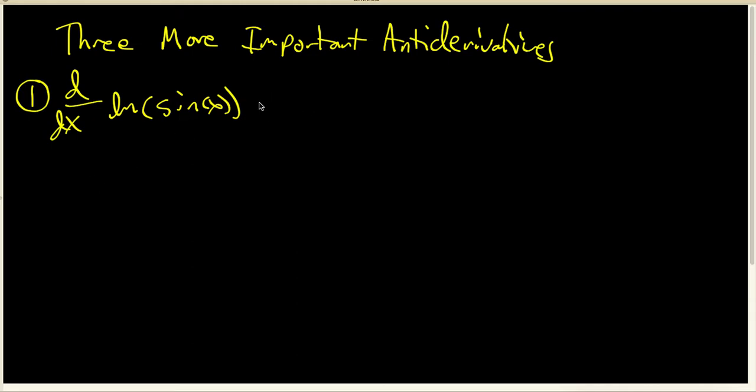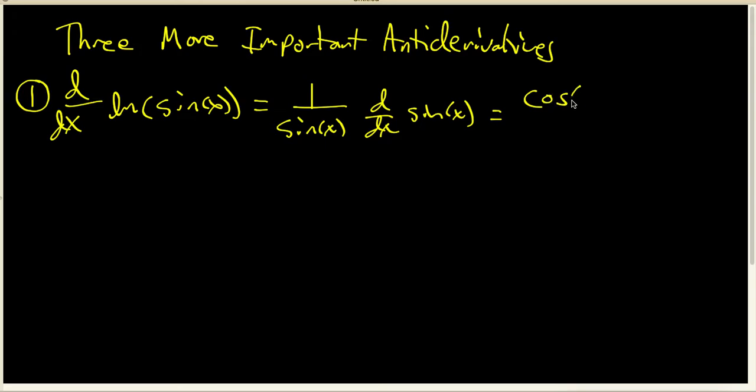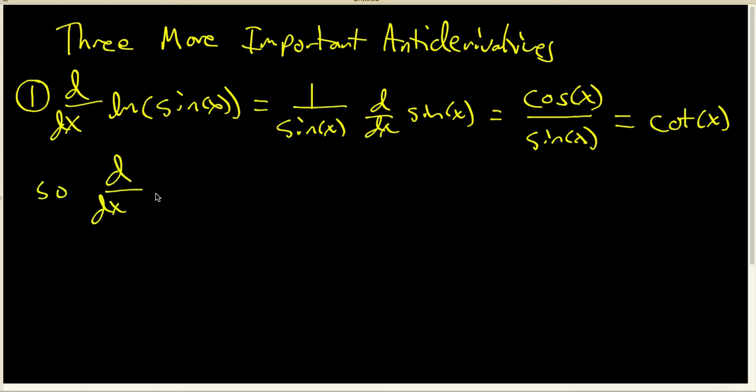The derivative of the log of junk by the chain rule is going to be 1 over the junk times the derivative of the junk. Now the derivative of sine x is cosine x, so our final answer to this derivative problem would look like cosine x over sine x, but we can simplify this using some trig. Cosine divided by sine is just another name for the cotangent of x. So our derivative problem says that the derivative of the log of the sine of x is equal to cotangent